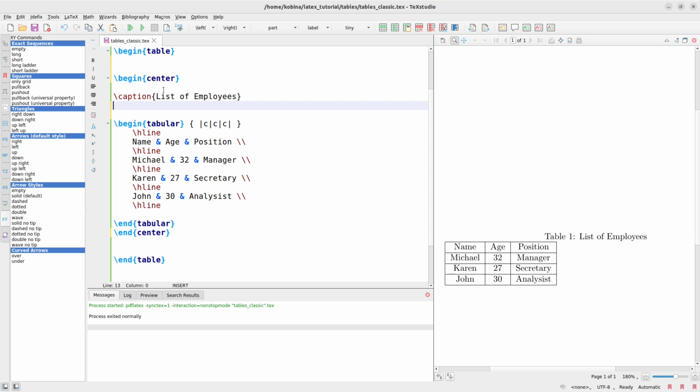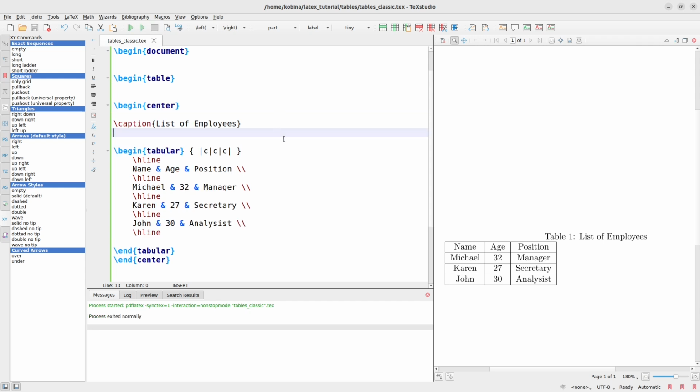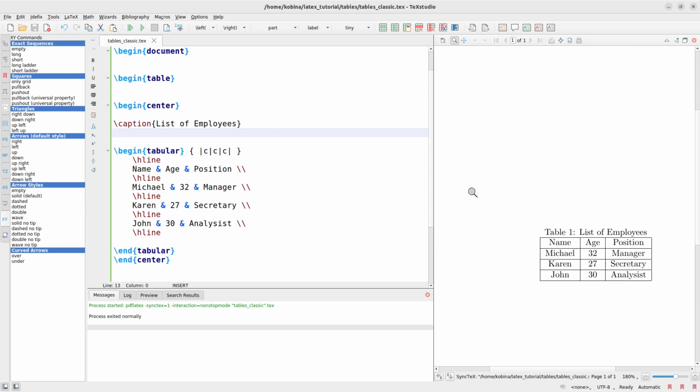And so let's run this. If you run this, let's see what happens. Good. So now we see that the table and then the caption both have been centered. That is what we want to see here. Okay. Now if you take a look at the caption and then the table, you can also increase the space between them. And so if you want to add an extra space between the caption and the table itself,